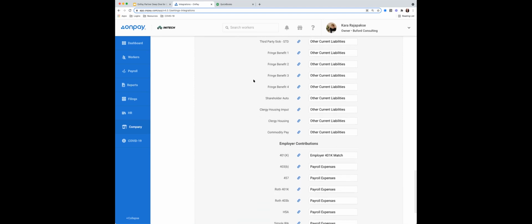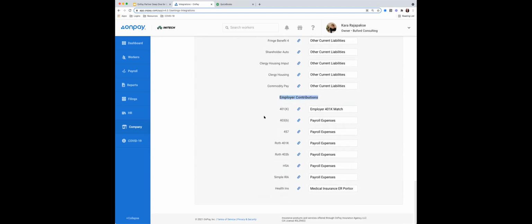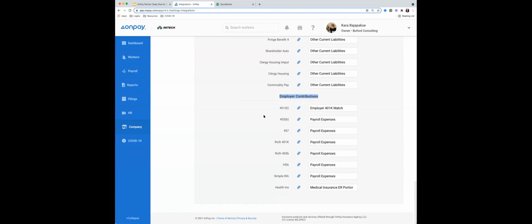And then at the bottom of the screen, I just want to mention there's a section called employer contributions. And this is for employer contributions to different deductions. And those are things like employer match on a 401k, employer contributions on an HSA. We can send over those expense amounts if those programs are programmed into the deductions, and we'll send over those expenses into the GL when it occurs on a per pay period or per employee basis, or in summary, it doesn't matter. We'll do it with either. That's just an additional option. If you don't want it to send over, you can leave that blank.